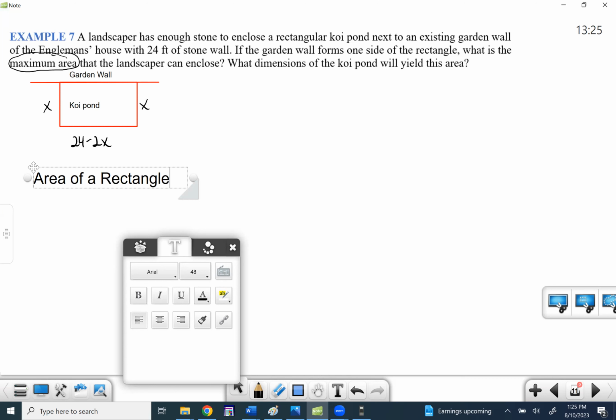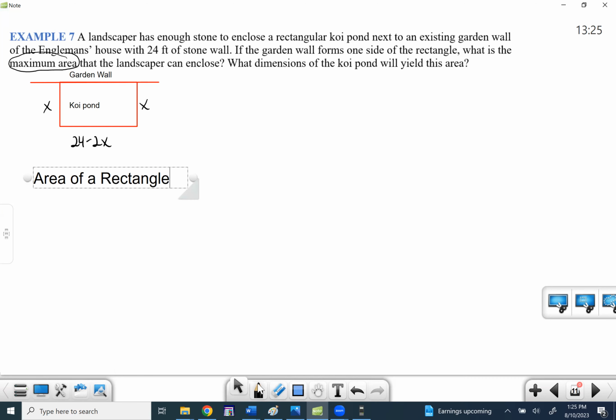All right, and that's just going to be base times height, length times width, whatever. We'll use length times width. So I think we used that in the video for 3.2 part 2. All right, so